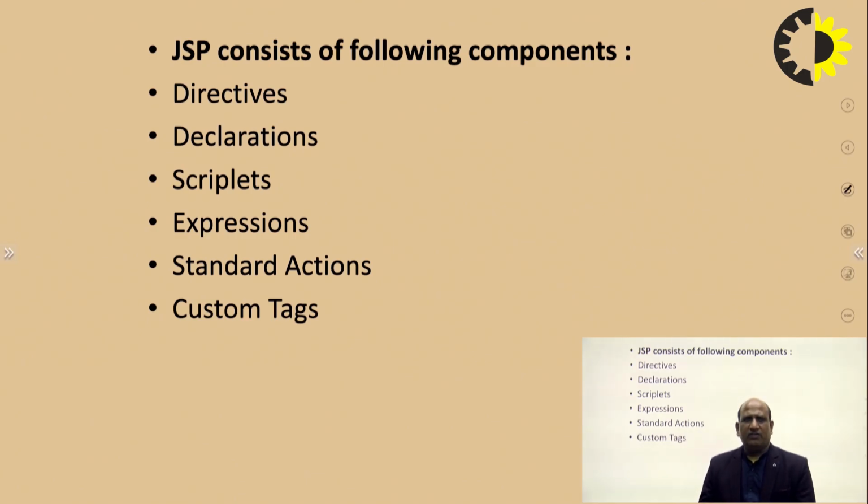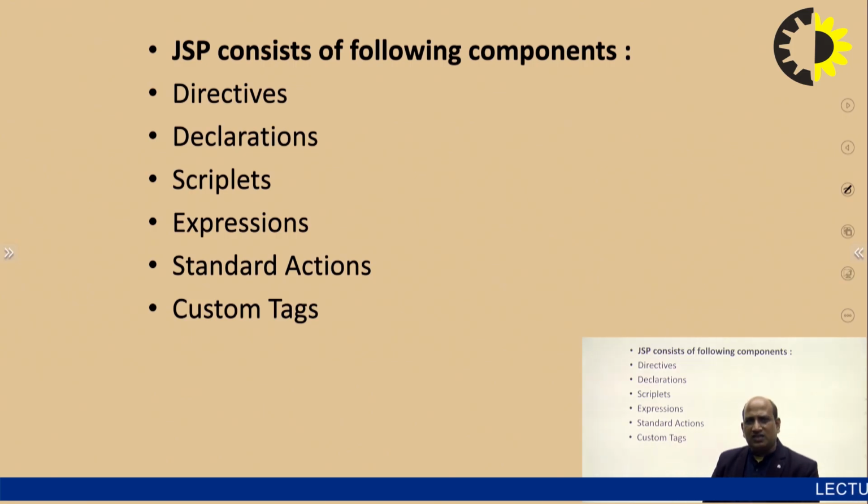The first phase is the translation phase and the second phase is the compilation and execution phase. In the translation phase, your JSP page is converted to its equivalent servlet, and after that, that servlet compiles and executes and serves the request of the client. So ultimately, this JSP will be converted into a servlet, and the servlet plays the role as we have already understood